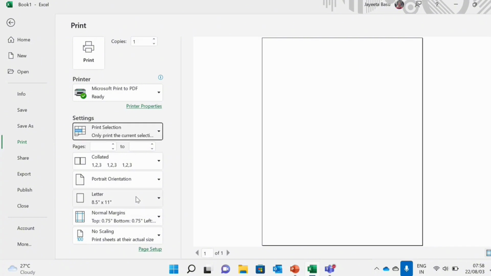And then there is the selection, which means if I have a current selection, I am going to print that. For example, a part of data is only what I am planning to print, nothing else. I'll just print the current selection. For example, I can do 2,